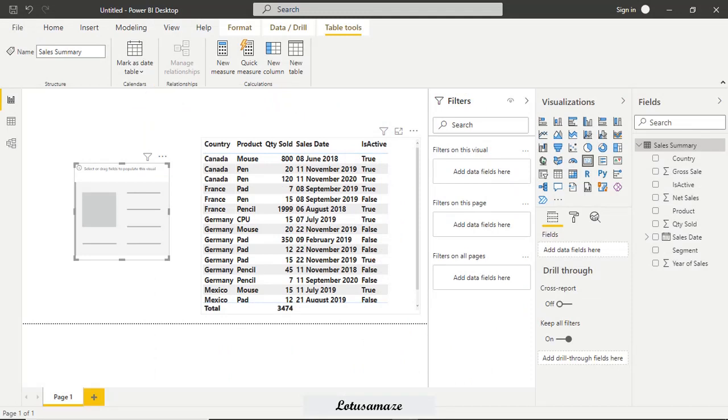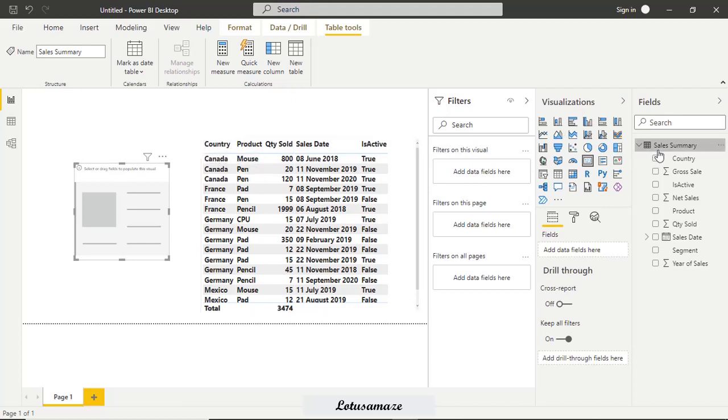Now we will check how to use the MINX function. So we have the data: country, product, quantity sold. My requirement is, from this data, to find the minimum value, the smallest value, for quantity sold in the Canada country.